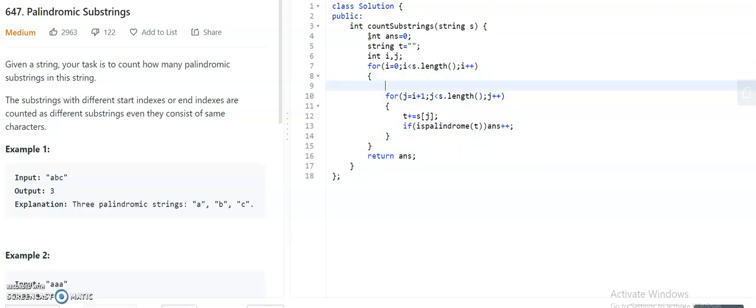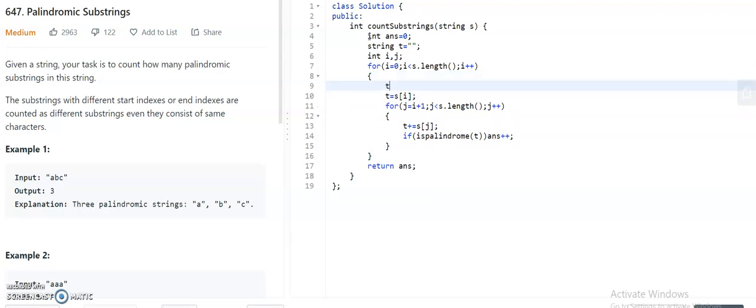I think here something I am missing. So here what am I initializing? I am initializing the string with the left pointer. So before that I have to make it empty, as in every iteration it accumulates some string. Then I have to initialize answer with s dot length. Why? Because every individual element of the string is a palindrome itself of length 1.